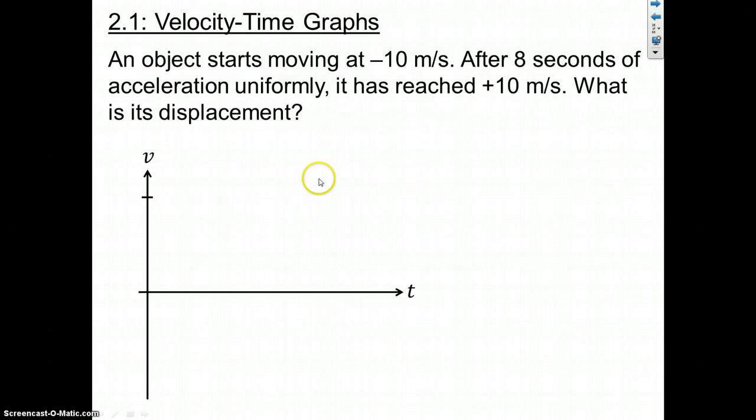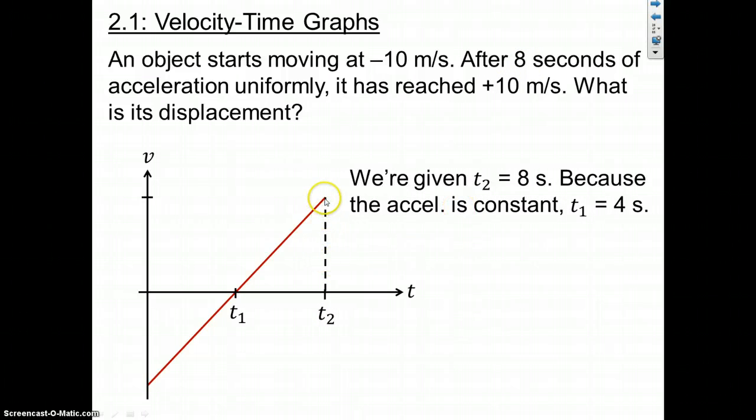What's its displacement? Well, it starts down here, which is negative 10. It ends at positive 10, and it's had some displacement. So we're given that this time, I'm going to call this t2 because I want to make sure I mark this one as well. That'll be important. This time, which I'm calling t2, is 8 seconds, and that's the time at which it's reached positive 10 meters per second as the velocity. And because this is constant acceleration, because it's a straight line, constant slope,